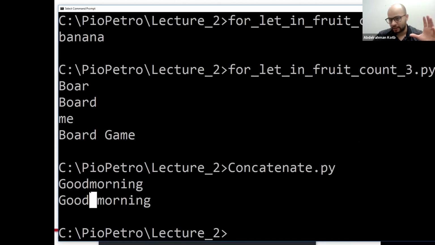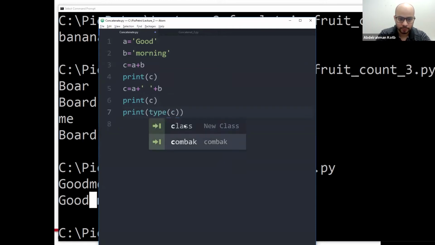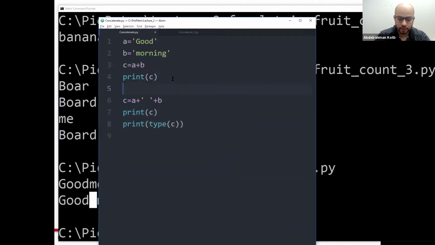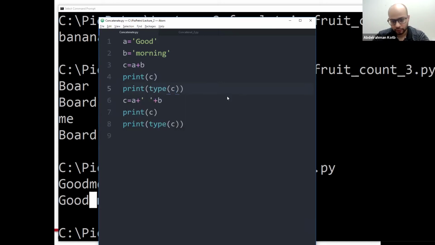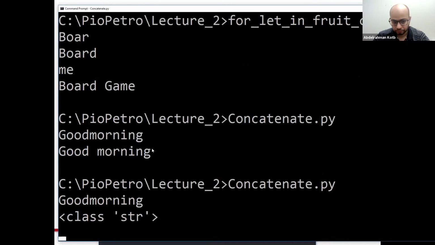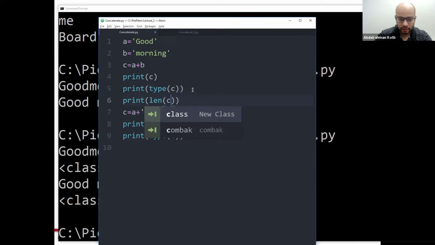And I want to emphasize that for Python, these two are the same. These two are one string. So if you print type C and then print C, for Python it's going to be the same, class string.